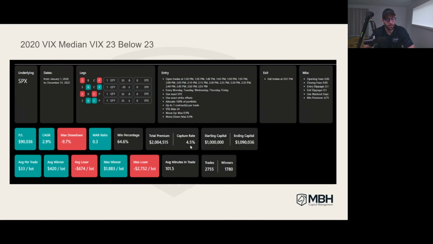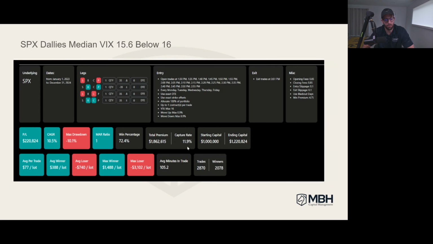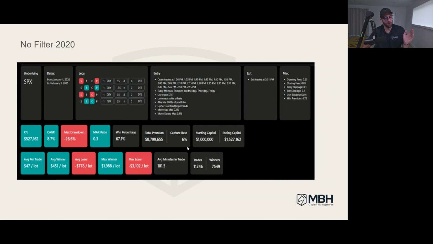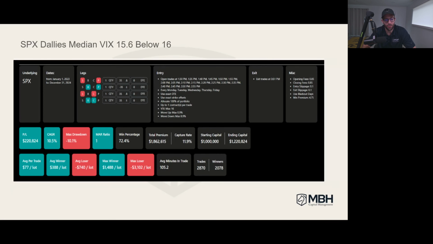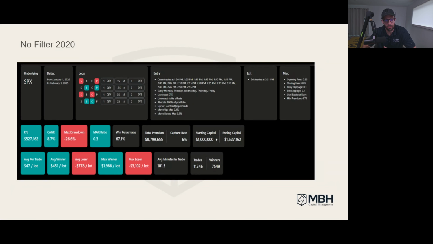Then if we were to do this from 2020 forward, we can see if we basically exclude all the high volatility ones, we have a 4.5% premium capture versus 6%. So now there's not much difference in those two either. So this kind of shows that I don't really believe in this filter, because we basically curve fitted the vol